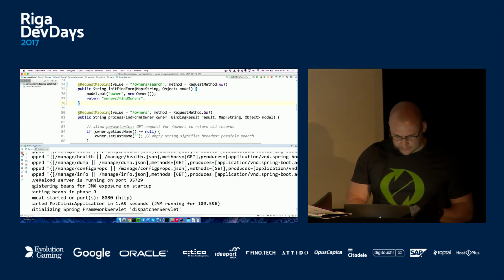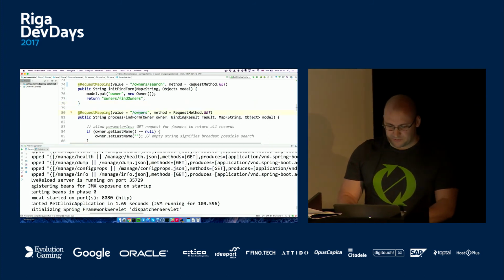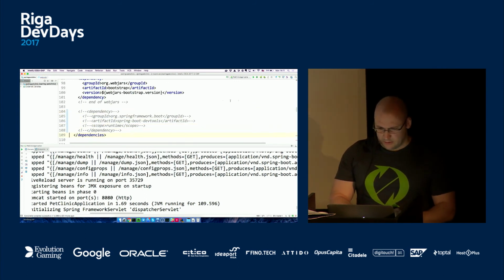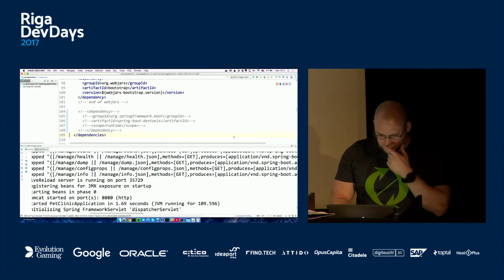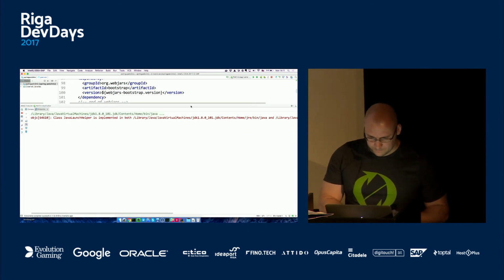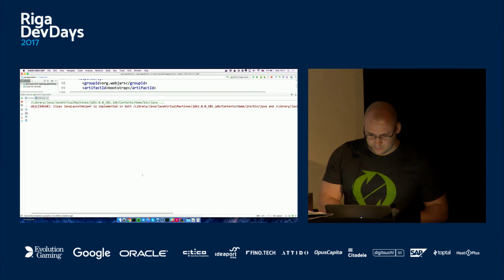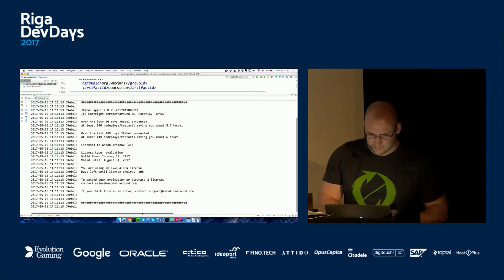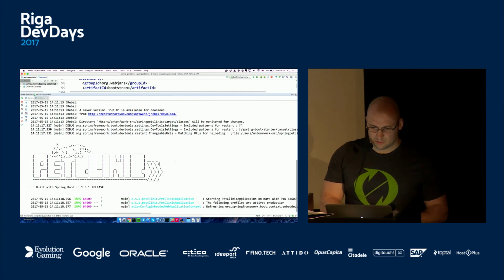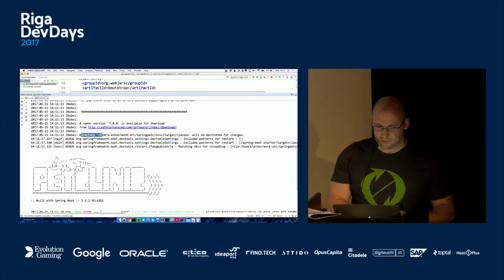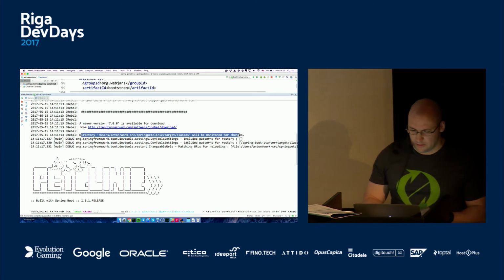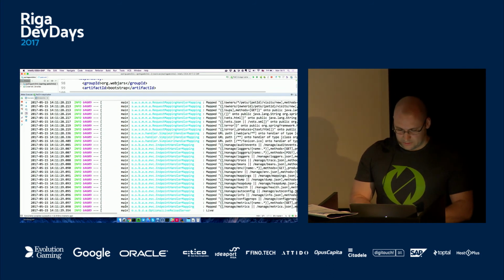Spring Pet Clinic, the same app. For it to work, I actually have to remove the dev tools because they will conflict. And if I start with Cherabo here, let's see. Right. So it tells me on the start that this directory is actually monitored for changes. So Java is monitoring the changes here. And once it starts,